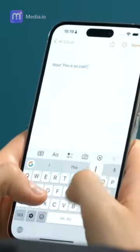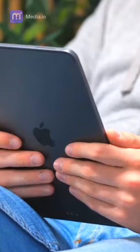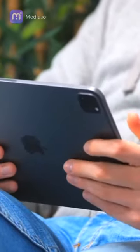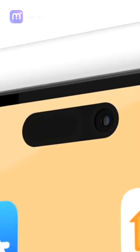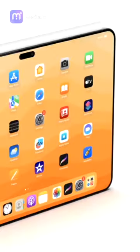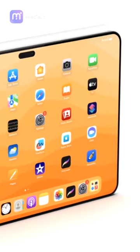Of course, the only downside is that with an iPhone, you mostly tend to use it in portrait orientation, meaning that the dynamic island will almost always be at the top, whereas with an iPad, that's a device that you tend to switch from portrait to landscape quite often. So if anything, the dynamic island should be software-based, with the Face ID camera still being built into the bezel. But yeah, I think having a dynamic island would be pretty cool and would bring more parity between the iPad and the iPhone. I think it's also safe to assume that with such a big change, we could all